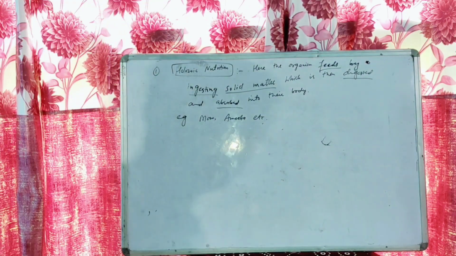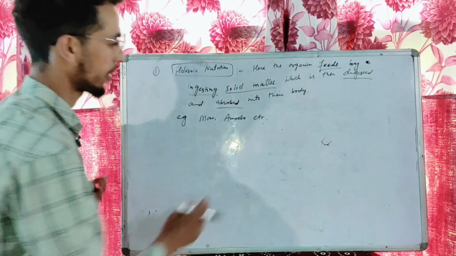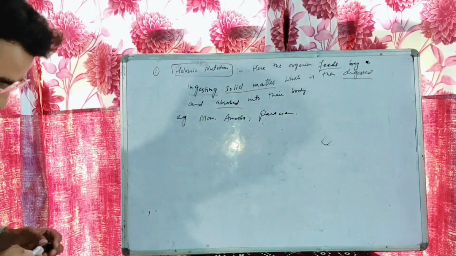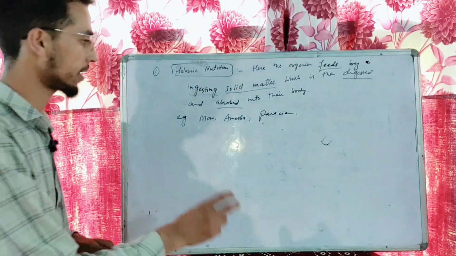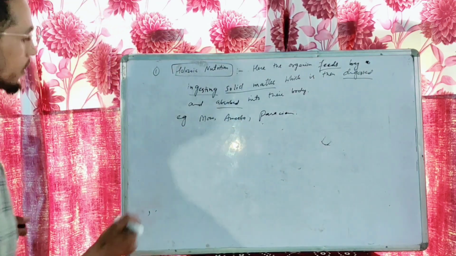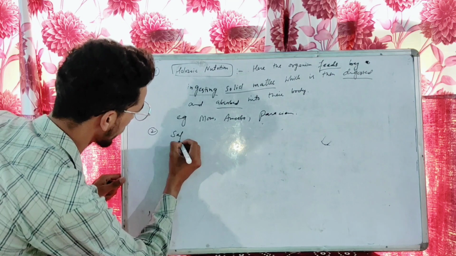Now these are the examples. This is multicellular and this is unicellular. Along with amoeba, we can also add paramecium, which is also unicellular. So these are the examples of holozoic mode of nutrition. After that, we have to study amoeba well, nutrition in amoeba and human beings also. Now the second type is saprotrophic